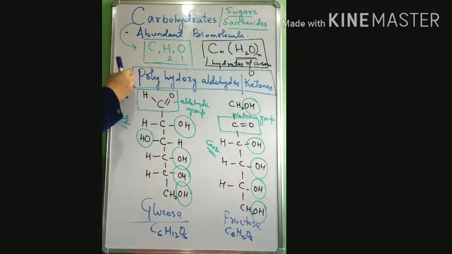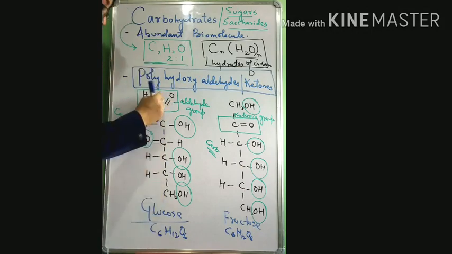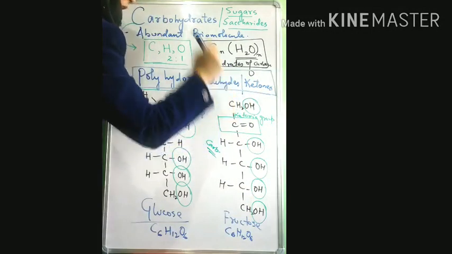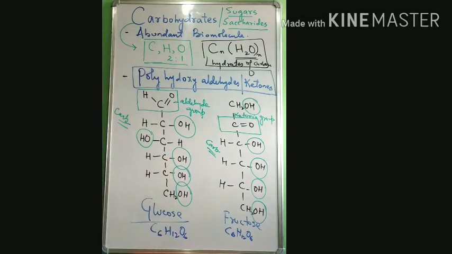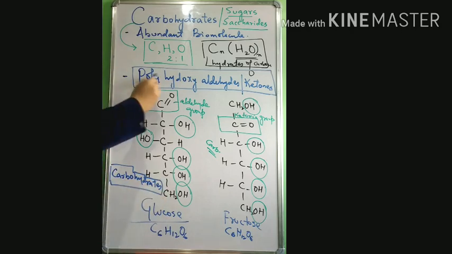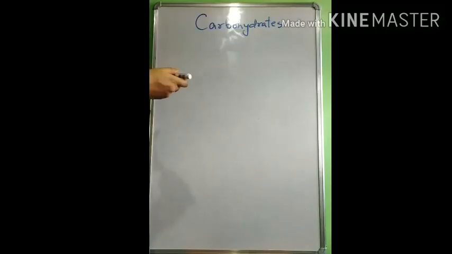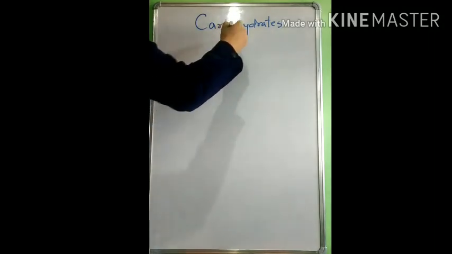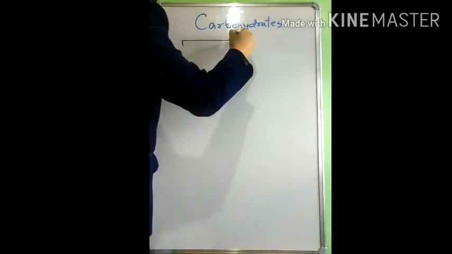And if you look at this definition, they stand well for both polyhydroxyaldehydes and polyhydroxyketones. These are the molecules which are actually your carbohydrates. So you came to understand what carbohydrates are. They are polyhydroxyaldehydes or polyhydroxyketones. As per the nature of the functional group present in carbohydrate, we can categorize carbohydrates into two